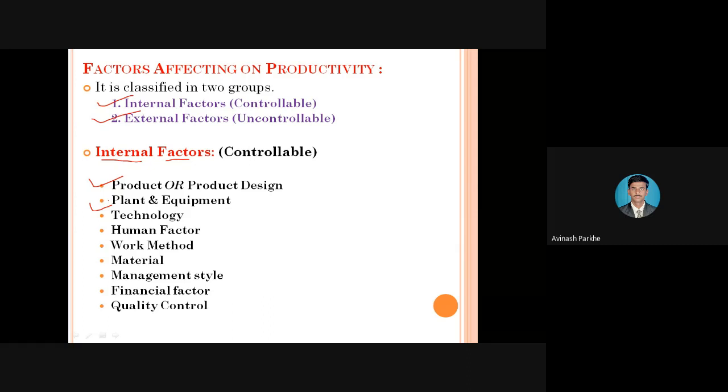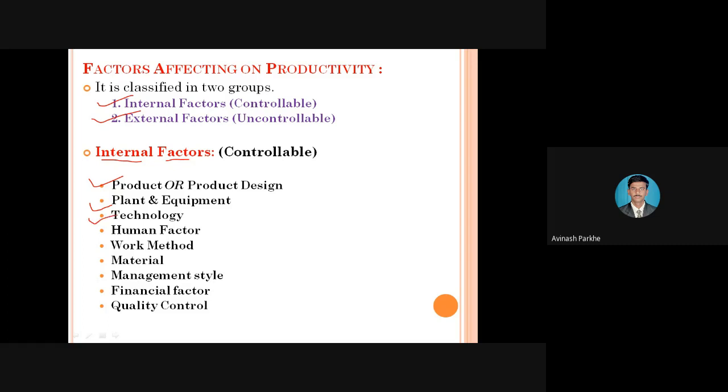If I have to use a hand operated machine, obviously it affects the total productivity, because by using hand operated machines, that much finishing, that much output will not be achieved. But if I use CNC, VMC, which are totally computerized, then to manufacture components using CNC and VMC, very little time is required. So if I provide the proper equipments or standard machineries, that factor can be controlled and it affects the total productivity.